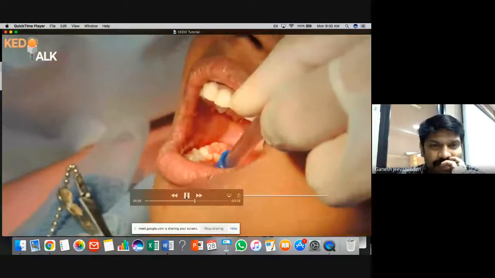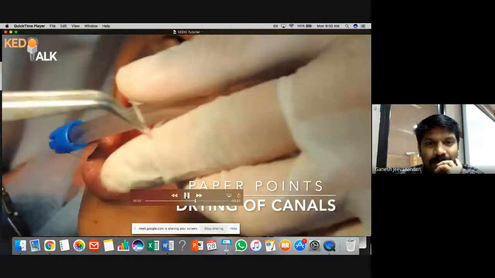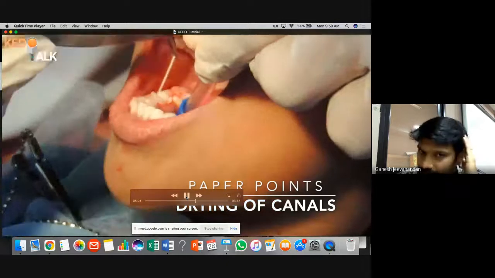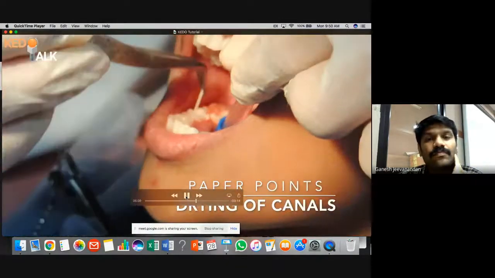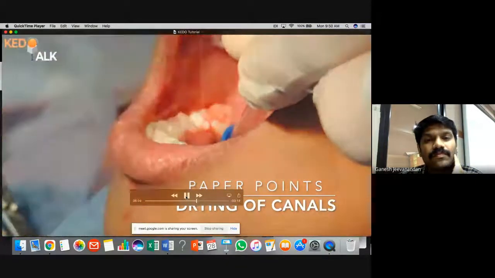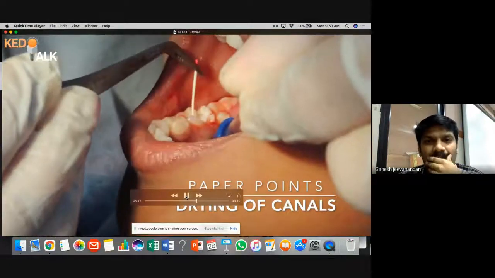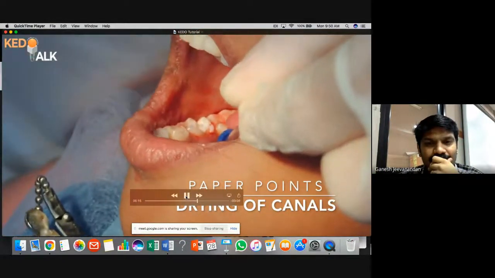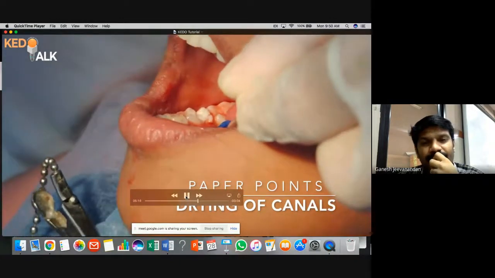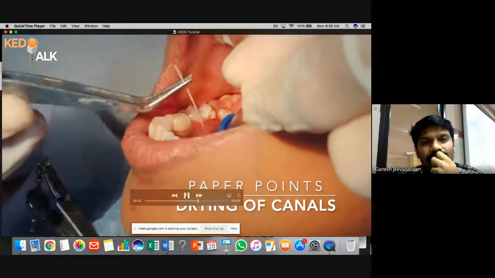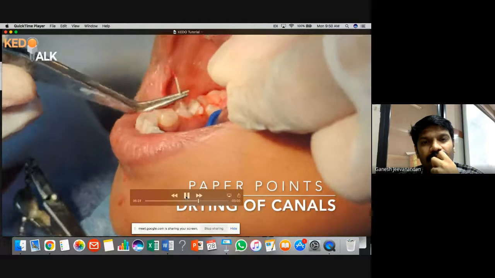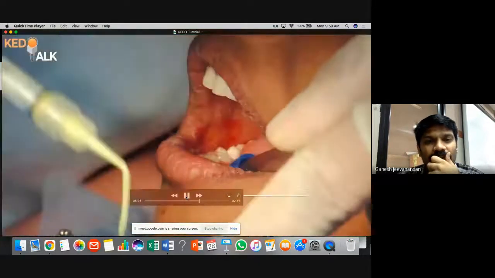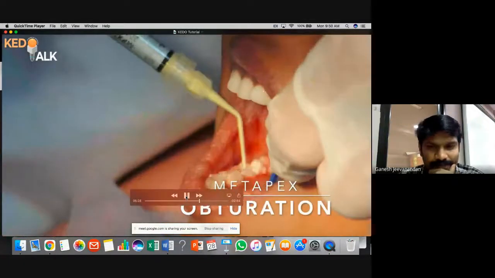I am next keeping a paper point and drying the canal, which is very, very important. I'm obturating with Metapex.